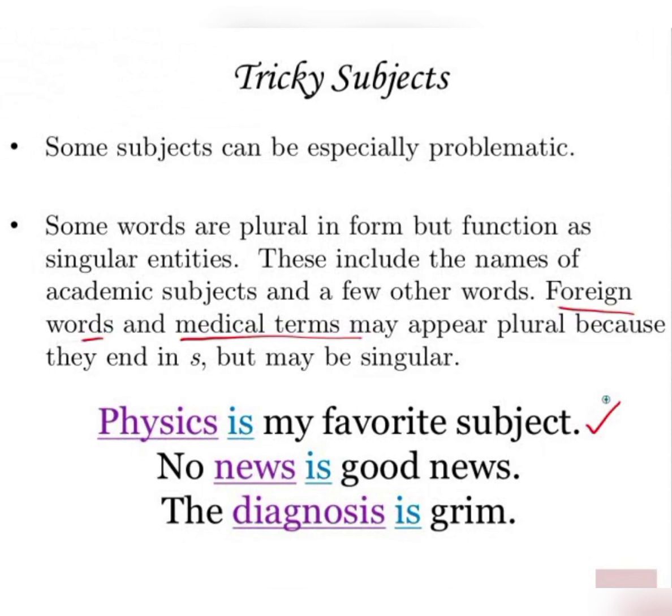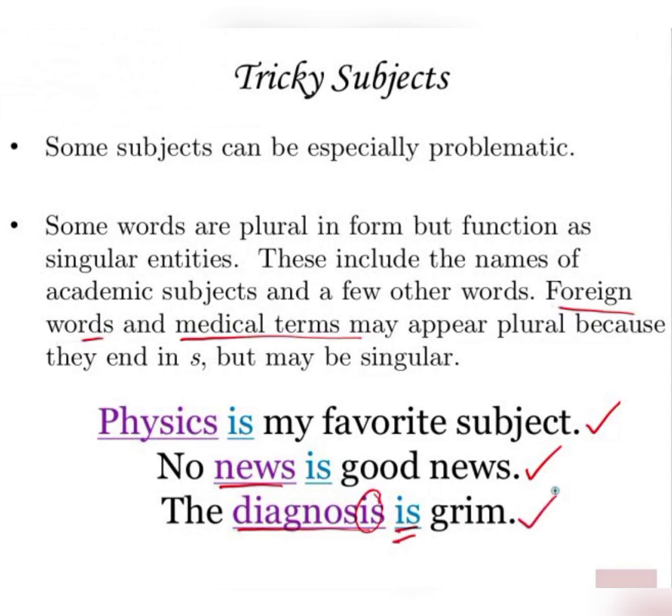We haven't used physic as a singular noun since about the 16th or 17th century. No news is good news. Well, you wouldn't say no new is good new. It's always plural, so we treat it as singular. It's actually a non-count noun. You can't break it down into individual parts. You just say lots of news. And the diagnosis, which is actually singular, you'll notice the -is ending, which in Greek means singular, is, singular verb,